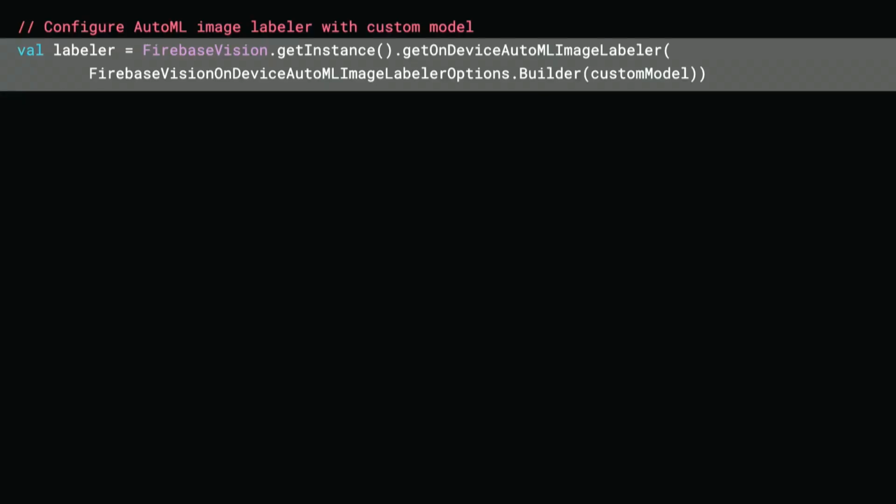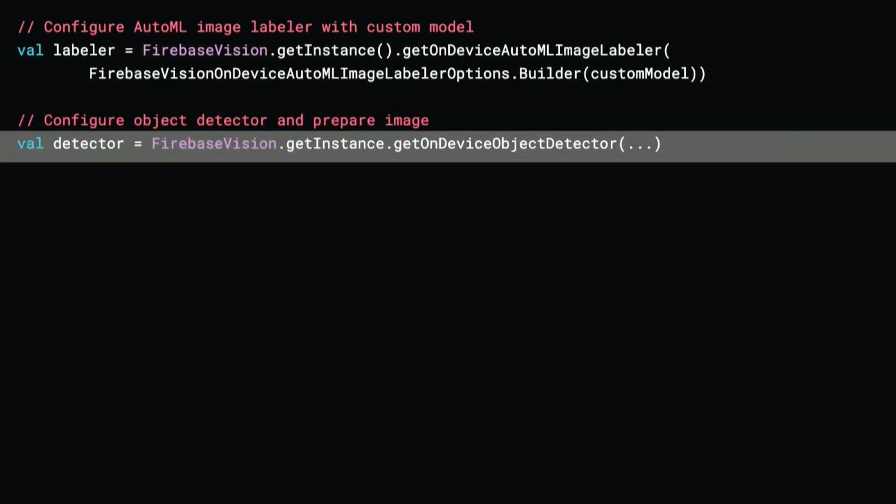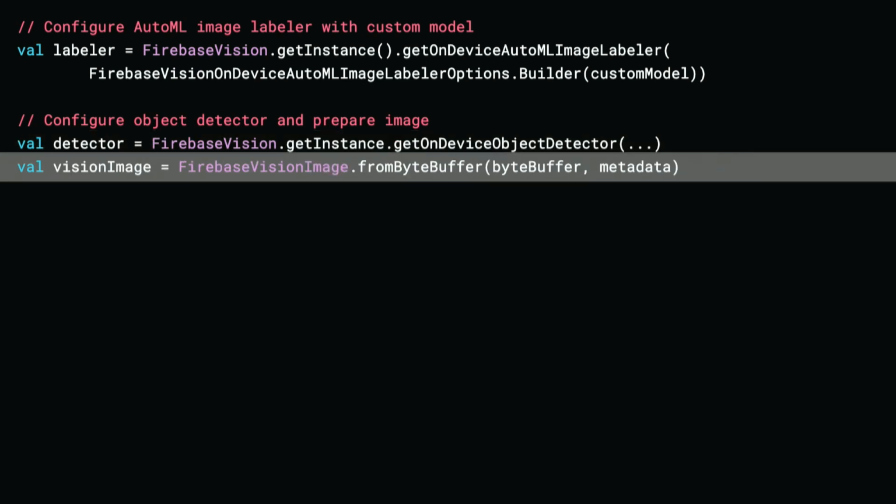Okay, so how do we implement this? Just to give you an example of how easy this is. First you create an on-device image labeler. This contains your model that you trained with AutoML. Then we prepare the object detector. We take the byte buffer and we convert it to an image.